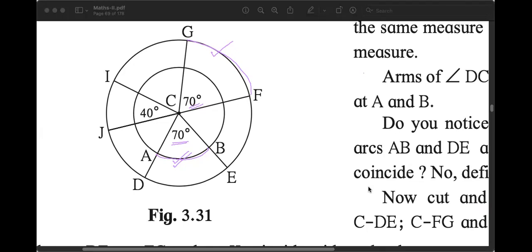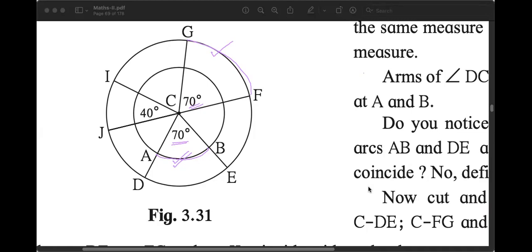I'm telling you again and again, they are part of two different circles. So what is different between them? Prachi is saying size. So what refers to the size of a circle? What measure is used to refer to the size of a circle? It's the radius that is different.